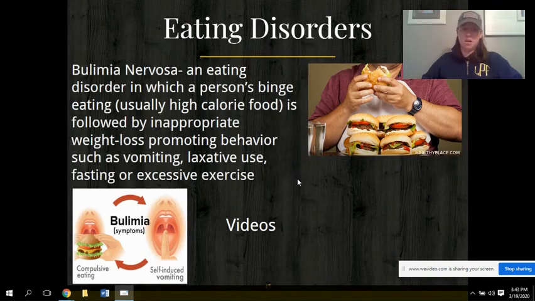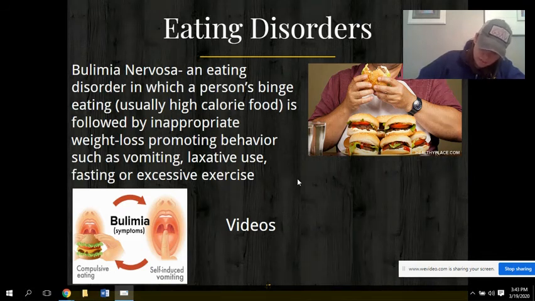Bulimia is up next, also called bulimia nervosa. Looks like a long definition. Sorry. So an eating disorder in which, we're almost done. I think this is the last slide. A person's binge eating, and they're usually binge eating high calorie food, like bad for you food. They're not binge eating celery, it's like cheeseburgers or something. It's followed by, you don't have to put parentheses if you don't want, it's followed by